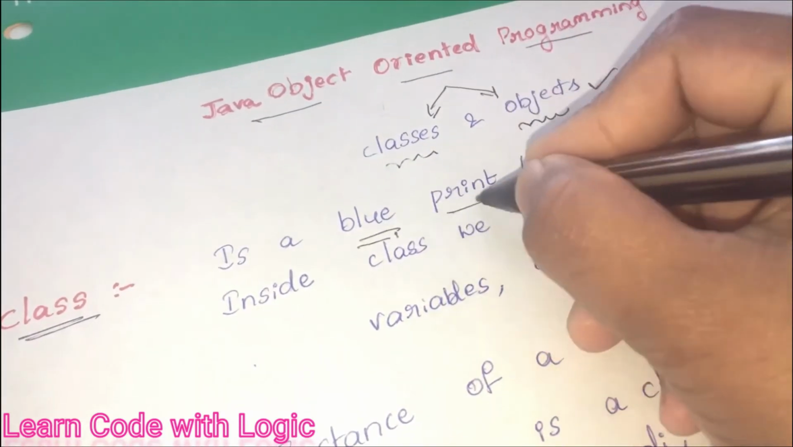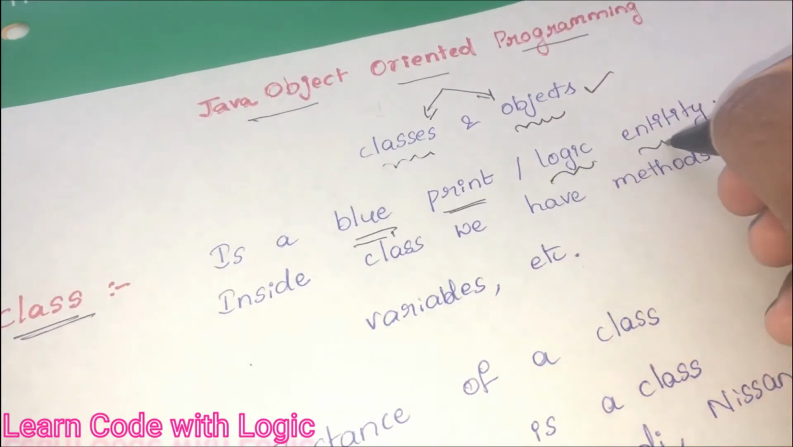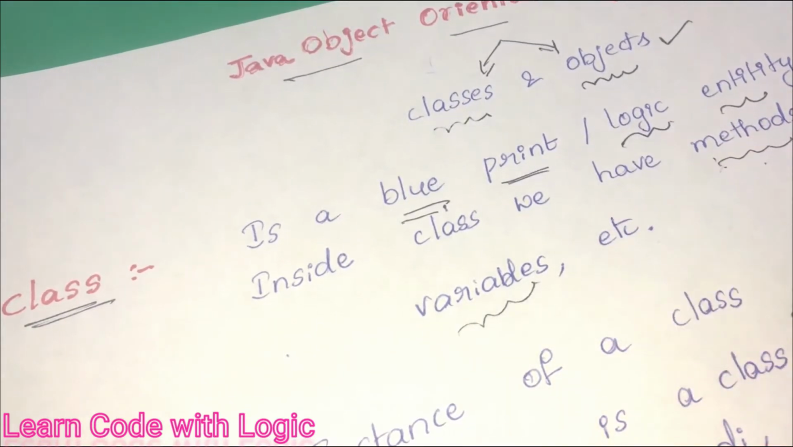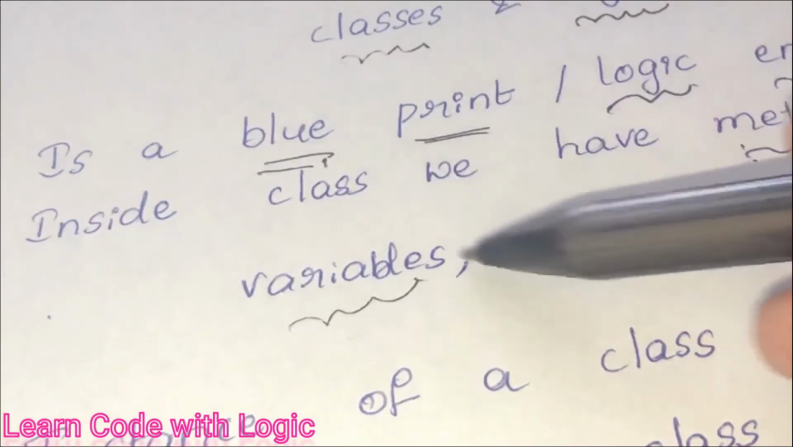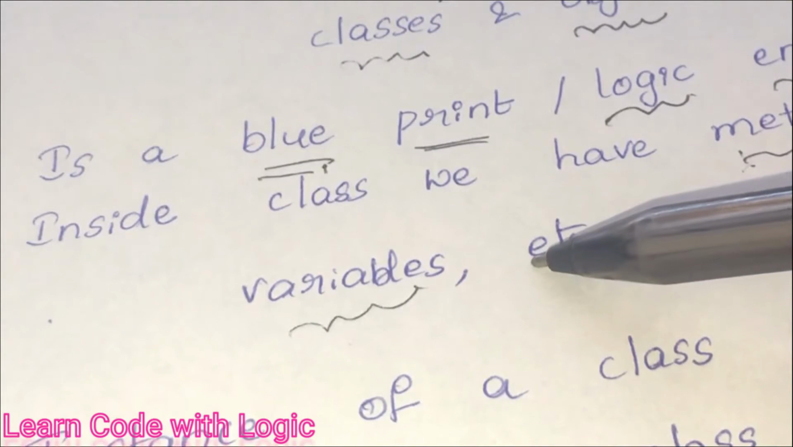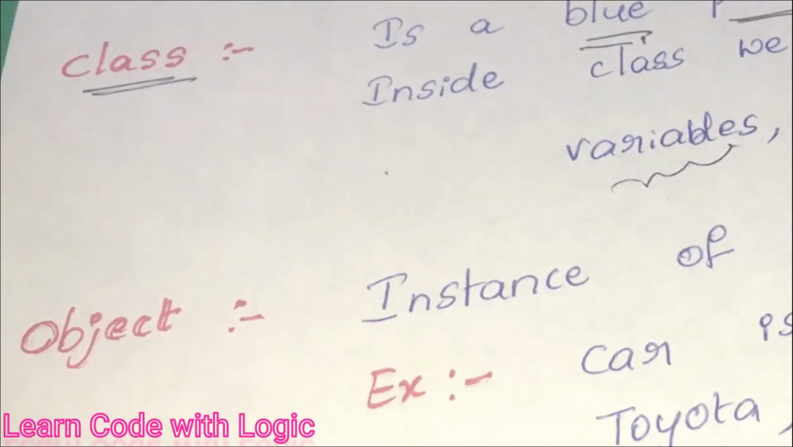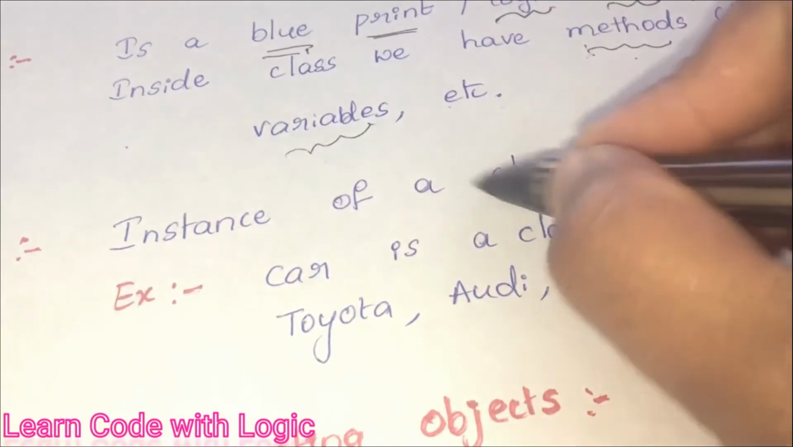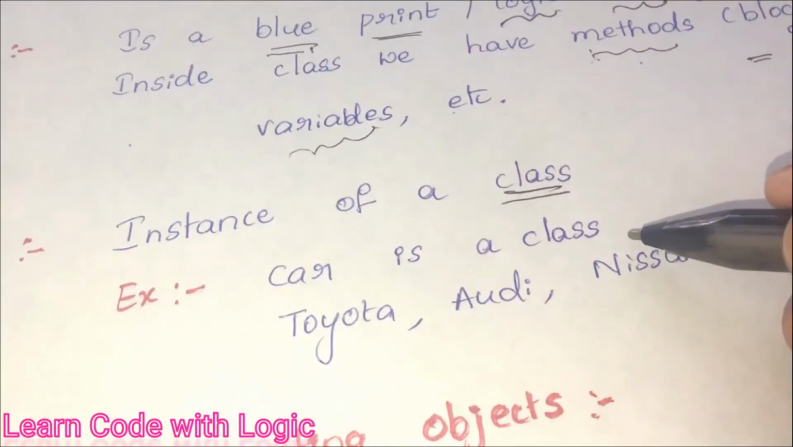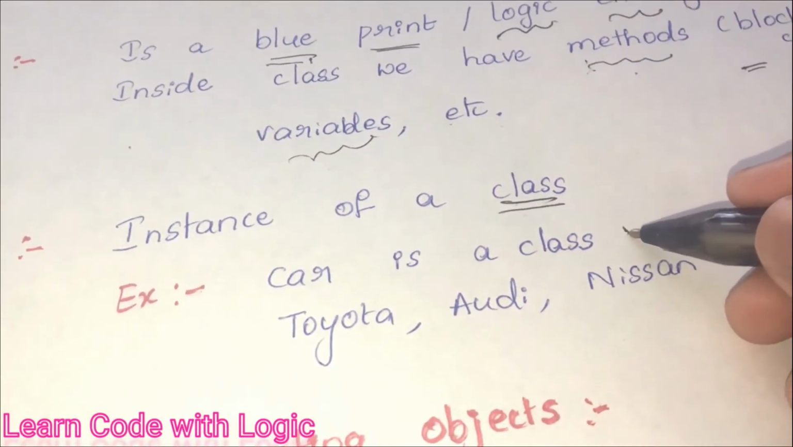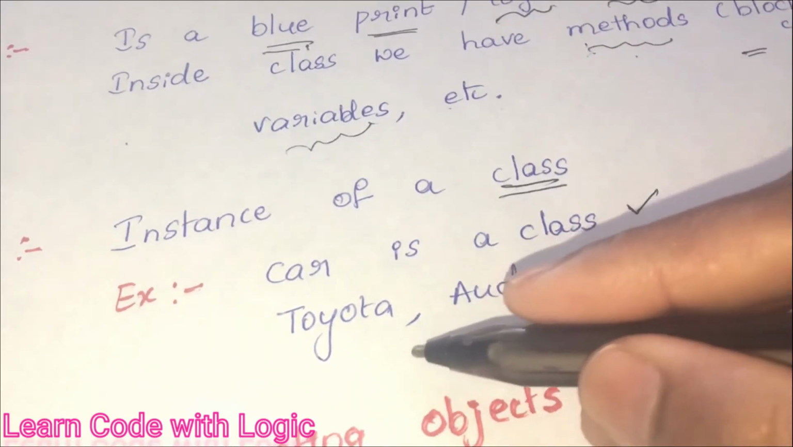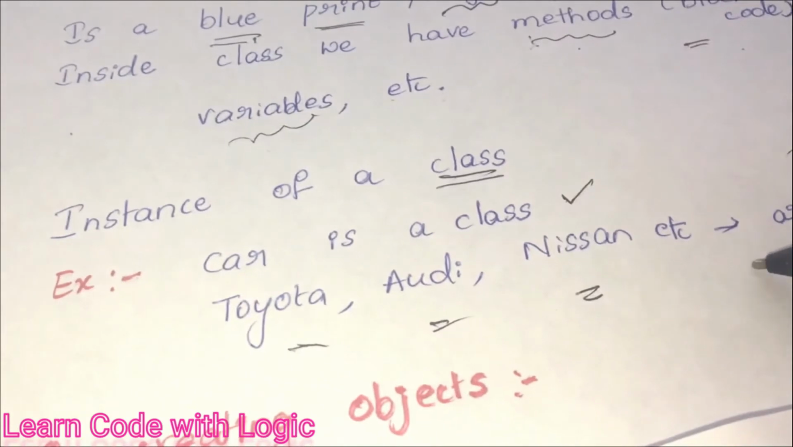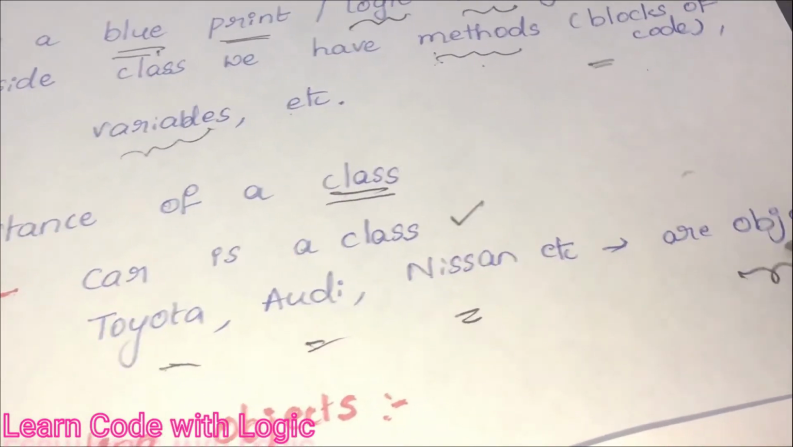A class is a blueprint or logical entity in Java. Inside a class we can have methods and variables. Means in Java all the code is encapsulated inside the class. The next important terminology we need to understand is object. An object is an instance of a class. Let's see an example here. Suppose car is a class, where the companies or manufacturers like Toyota, Audi, Nissan are considered as objects